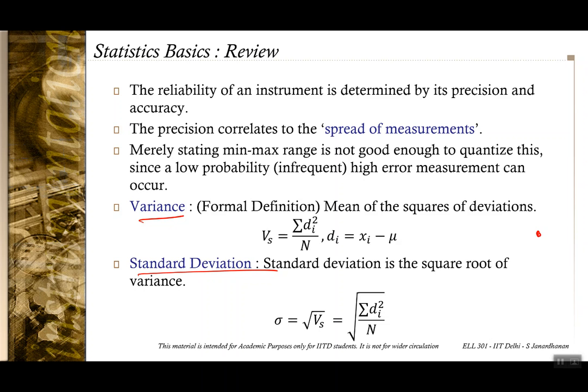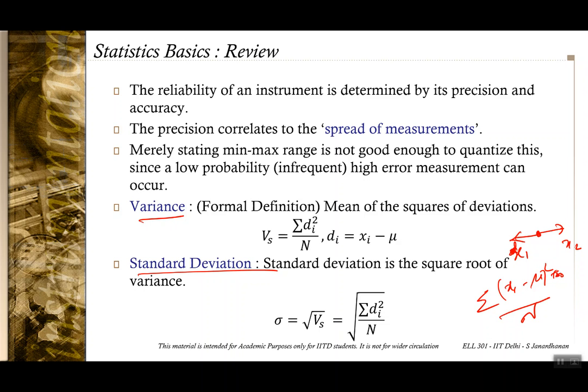So if you have a true mean, the deviations from this value, say x1, x2, so xi minus mu the whole square, the summation, and divided over the number of measurements, is going to give me the variance, and the square root of the variance is called as the